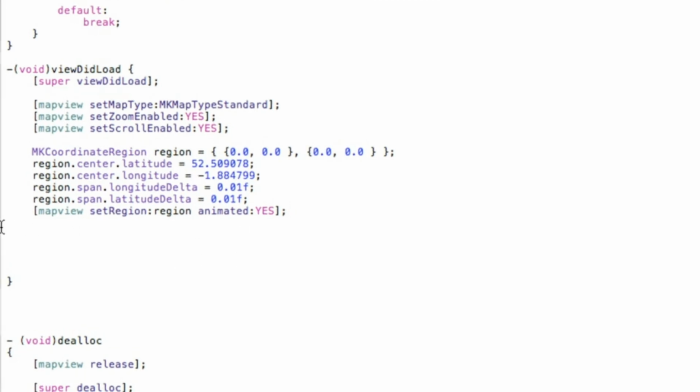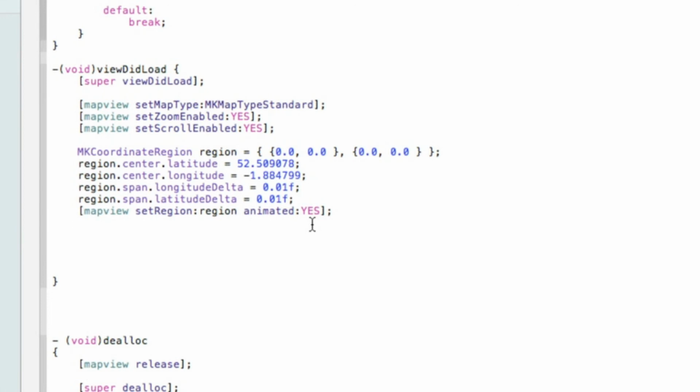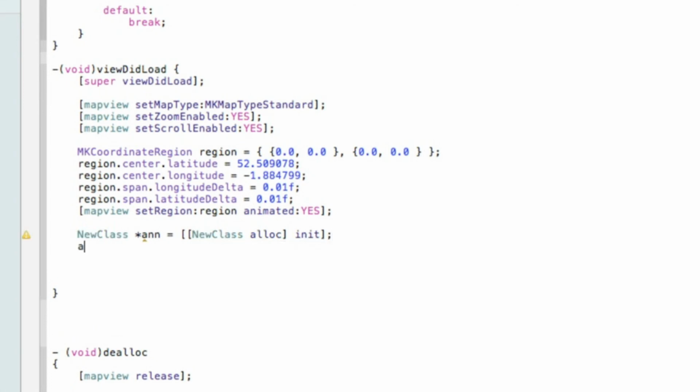After the final bit of coding we did there, we need to type in new class, which is the name of our new view, *, space equals [[new class alloc] init]; hit enter, and